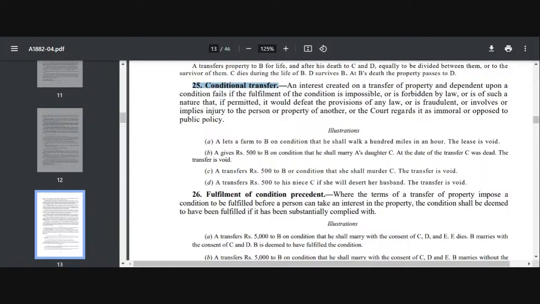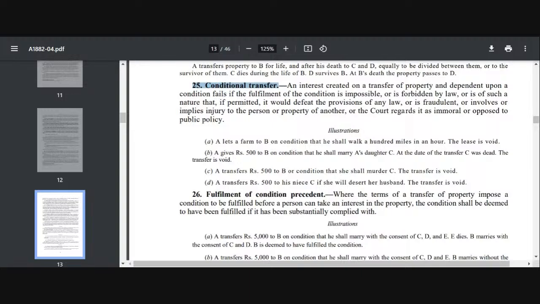और condition subsequent होता है कि मैंने ट्रांसफर कर दिया आपको, बट आप कंडीशन बाद में भी फुलफिल कर सकते हो. मैंने आपको दे दिया है, ट्रांसफर कर दिया अपना फॉर्म, बट आप जो कंडीशन है बाद में फुलफिल करो, और अगर आप नहीं करते हो देन दैट ट्रांसफर विल बिकम वॉइड. ओके. कोलैटरल कंडीशन जो होती है, कंडीशन सब्सिक्वेंट, कंडीशन प्रेसिडेंट एंड कोलैटरल. कोलैटरल मींस जैसे ही मैंने आपको ट्रांसफर करा, आप भी कंडीशन फुलफिल करो. सो इट विल टेक प्लेस simultaneously. I will also fulfill my transfer and you will also have to fulfill your condition which I am making.